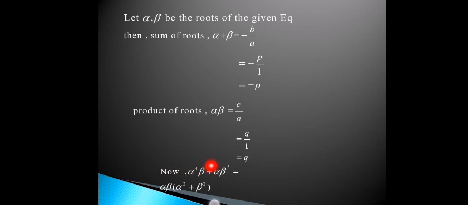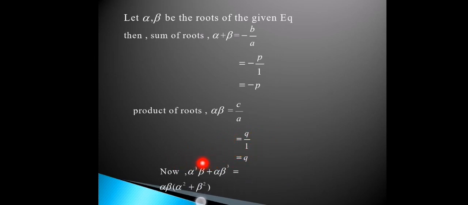One thing which you will have to keep in your mind is, in these sums, with the help of the equation, you will just find out the value of the sum of roots and the product of roots, which you have already done in so many sums. Now you will do the same. You will find out the values of sum of roots and product of roots, and then utilize these values to find out the values of the given expression. Like here we are going to find out the value of alpha beta into alpha square plus beta square by using these two values. Here we have alpha beta, we can replace it by q, but first we will solve this alpha square plus beta square.